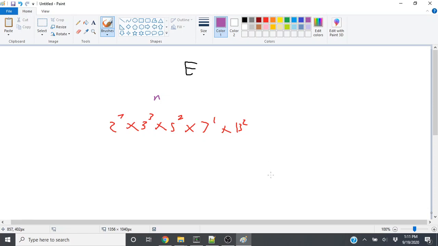So there's a well-known formula for counting the number of divisors given the prime factors. It's the product of ki plus 1. That is, it would be 7 plus 1 times 3 plus 1 times 2 plus 1 times 1 plus 1 times 2 plus 1. And this is the number of divisors. This includes 1, by the way. The reason being is